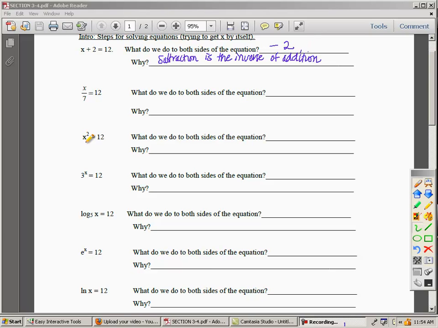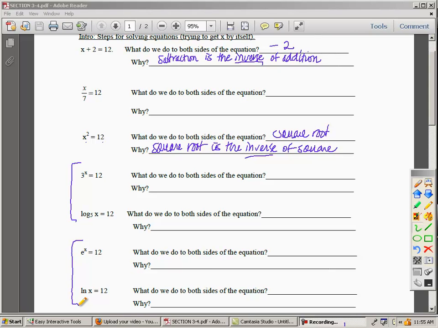If I give you x squared equals 12, in order to solve this, you would square root. Why? Here we go. Square rooting is the inverse of squaring. Okay? We're looking at these inverse words. So I'm going to jump, basically these two are the same thing as these two, but taking a look,